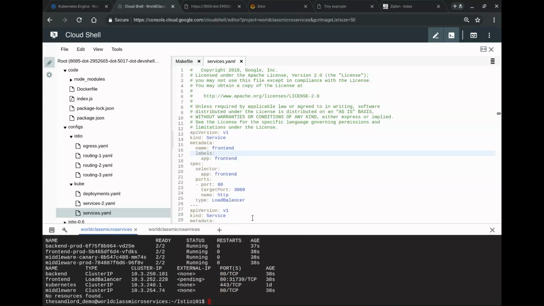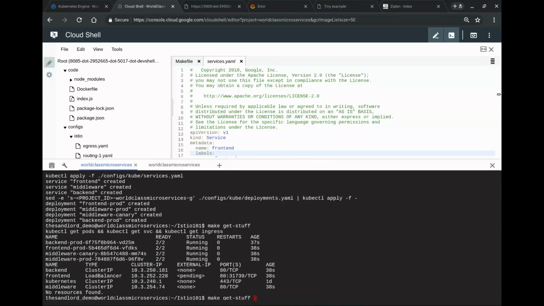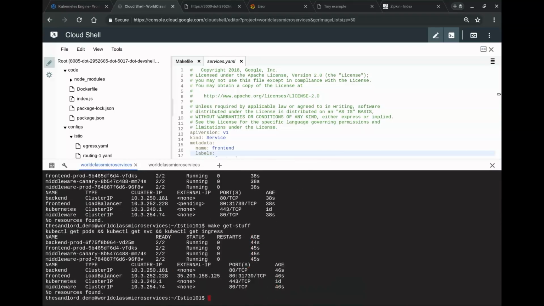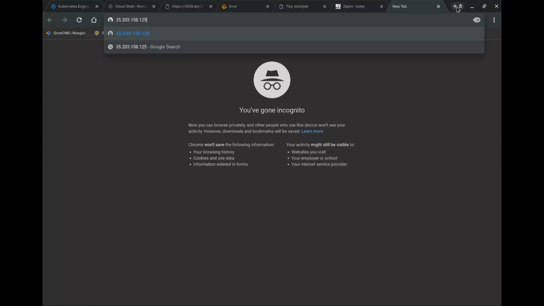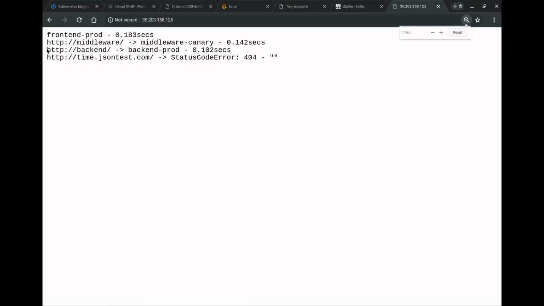Great. OK, still pending. That's fine. Let's do it one more time. There we go. OK, so interesting. It's a little bit different than before. You can see that our front-end prod went to our middleware, then the middleware went to our backend, and our